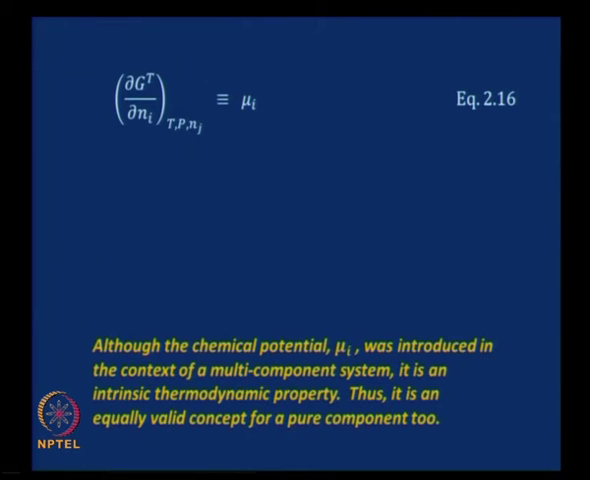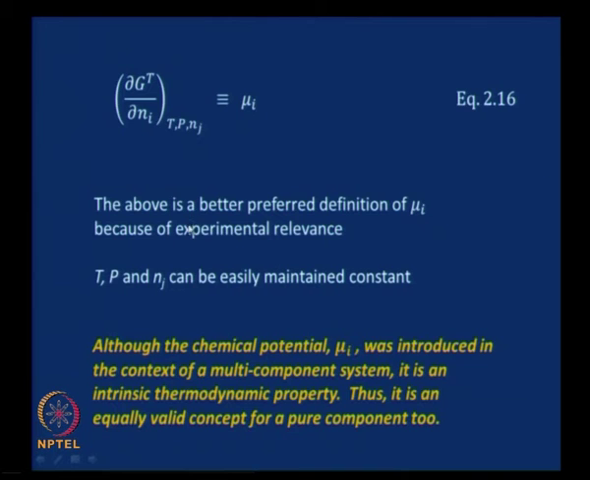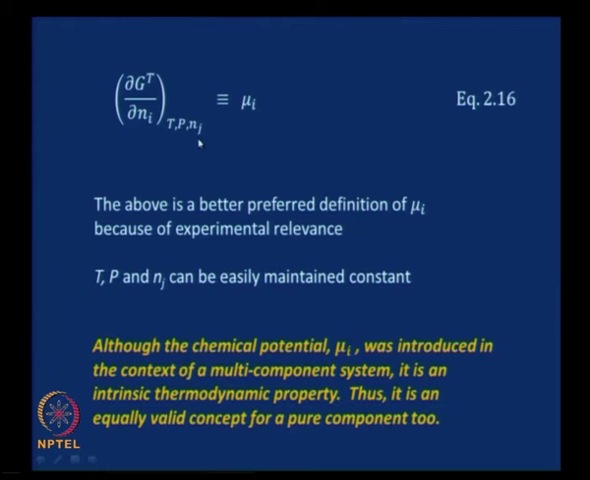Let us look at this a little closer now. Look at the quantities that are being held constant in this definition: ∂G_t/∂n_i at constant temperature, pressure and all other n_j's different from n_i, which is taken for the differentiation. These are very easy to maintain constant in an experimental situation, and therefore this definition of chemical potential has significant